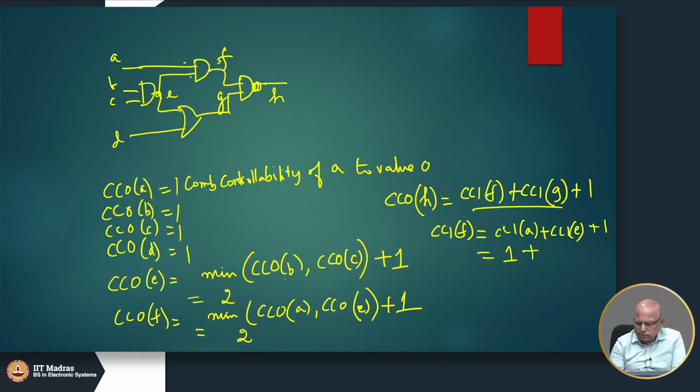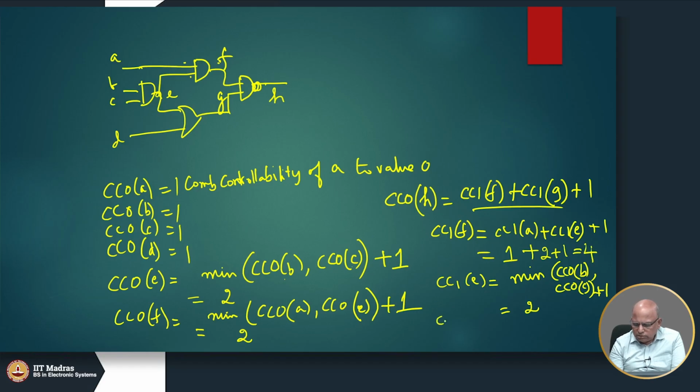it is an AND gate. So, to set the NAND gate output to 1, any one of them can be used, either B can be set to 0 or C can be set to 0. So, again I will say min of CC0 of B or CC0 of C plus 1. So, in this example it is minimum of 1 and 1. So, the answer is 2. So, here it will become 1 plus 2 plus 1 or 4. So, CC1 of f is 4,